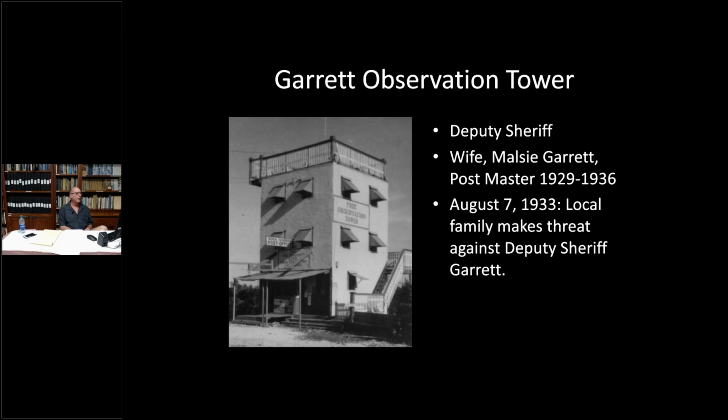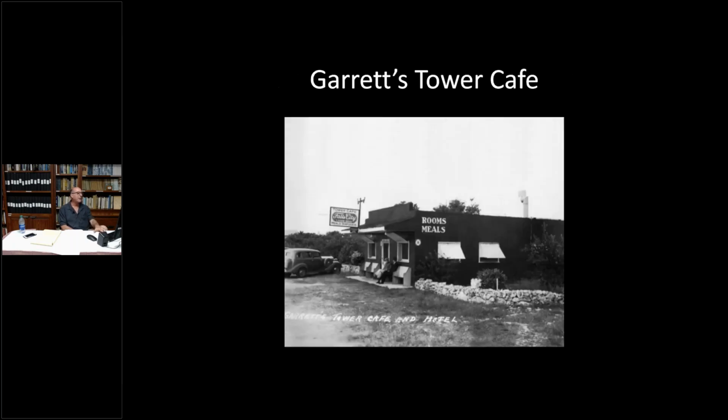I didn't get to find out what the problem was, but the building itself was a roadside attraction in 1933, Rock Harbor, Key Largo, and I'm going to show you another roadside attraction in a couple slides. This is one of the early roadside attractions here in the Florida Keys, in the Key Largo, Rock Harbor area. And there were hotel rooms in here. It's also home to the post office. And then across the street, there was the Tower Cafe, which offered hot meals and Falls City Lager beer,